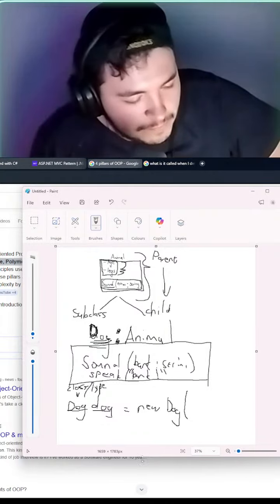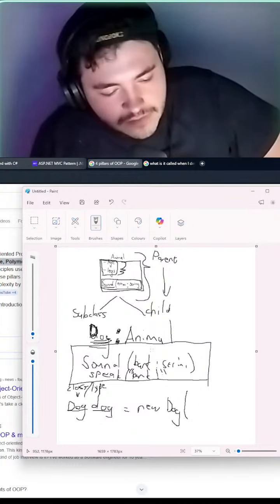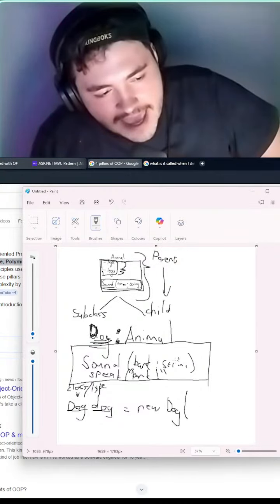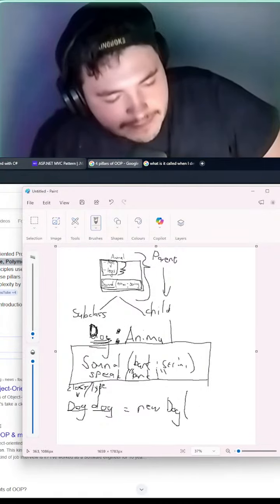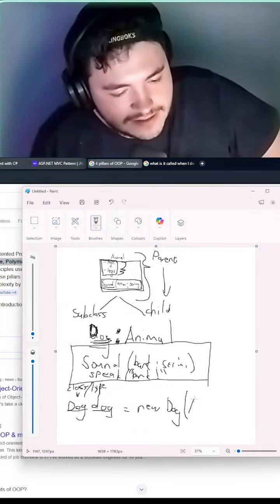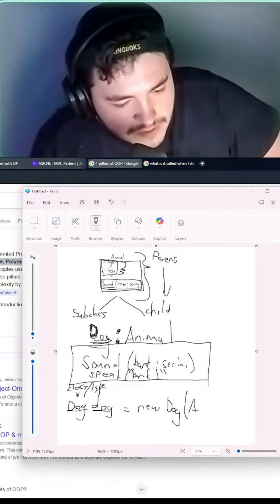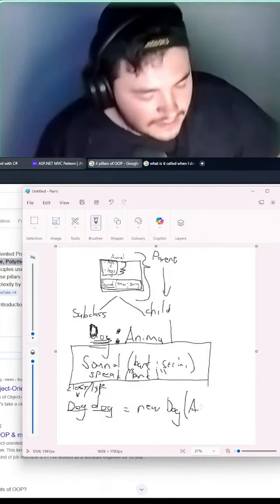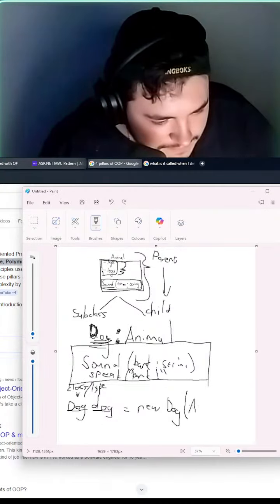Anyway, back to the problem. We now need to define the age and legs of this particular animal.